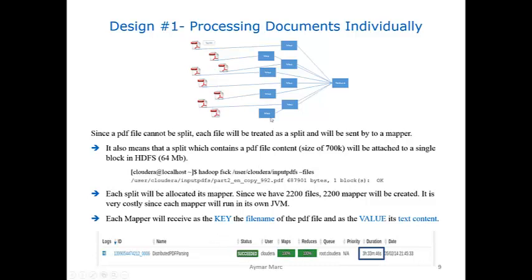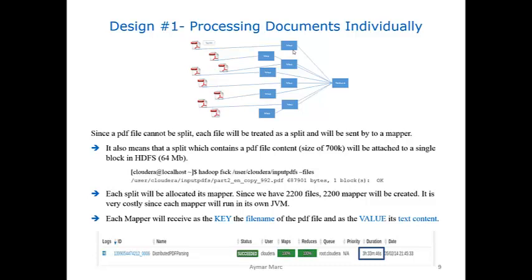Then this split is sent to a single map. Ultimately, if we have 2200 splits, then the Hadoop framework will create 2200 map